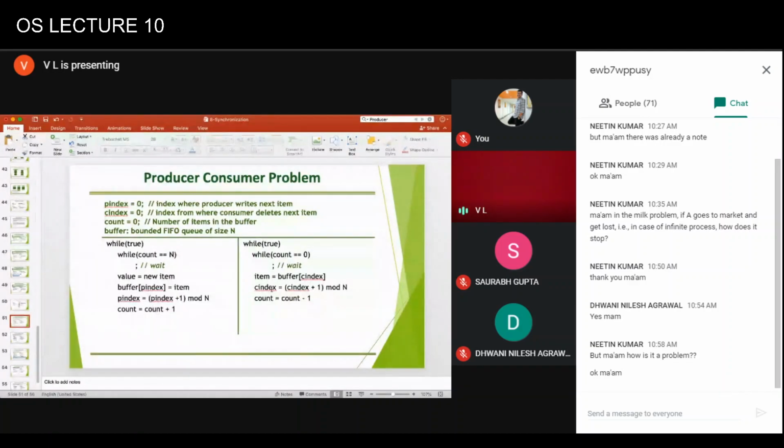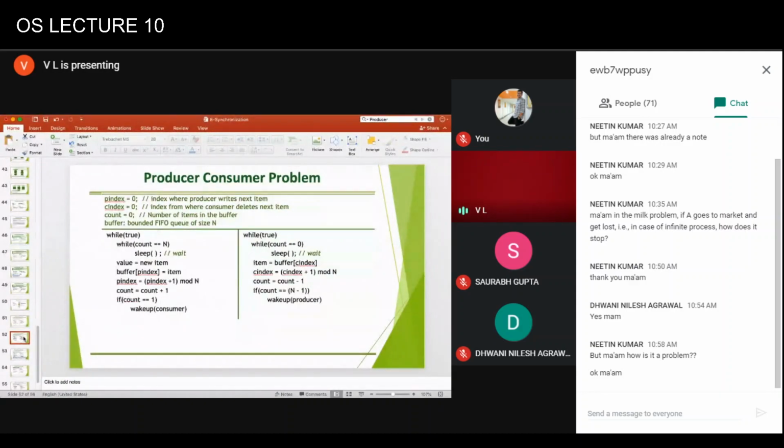Using these indices, as we do in a circular array implementation of a queue, change the conditions for buffer empty and buffer full, and see whether we can arrive at a solution, and whether this solution is free of race conditions or not. I want you to do that.